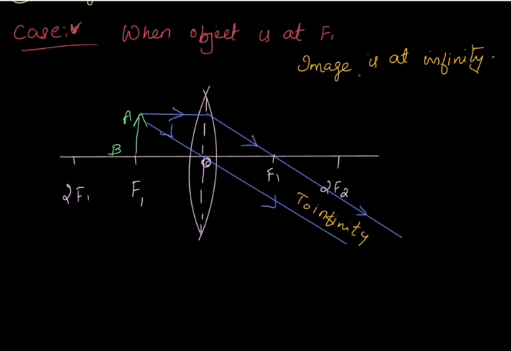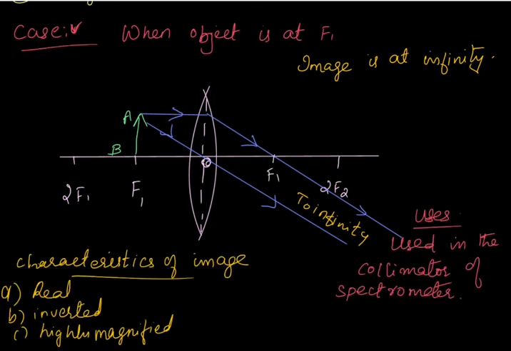Or we can say that image is formed at a very large distance. Now we will see the characteristics of the image formed. So the characteristics of the image is real, it is inverted, and it will be highly magnified. Okay, now this position of image can be used in the collimator of